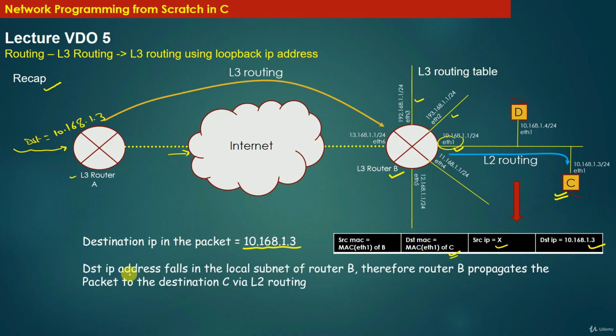So the destination IP address falls in the local subnet of router B. And what is that local subnet? That local subnet is this one. Let's call this local subnet as subnet A, which is 10.168.1.0/24. You can apply the IP address mathematics, and you can see that the destination IP address specified in the packet falls in the local subnet A of router B, and therefore router B propagates the packet to the destination C via L2 routing. So we have just done the recap here,